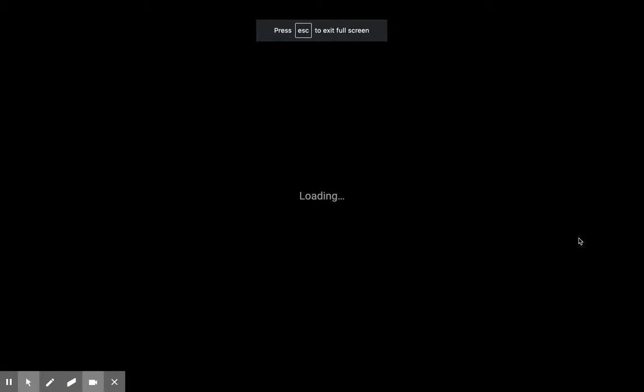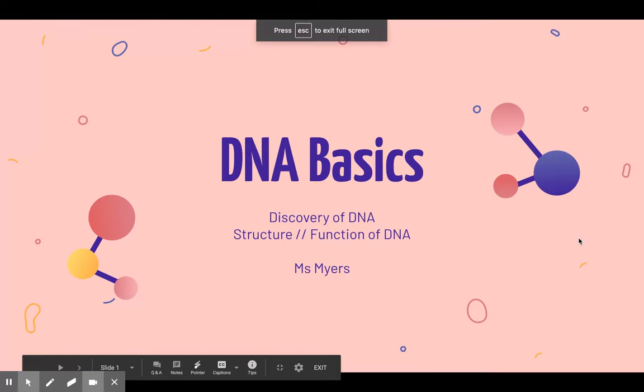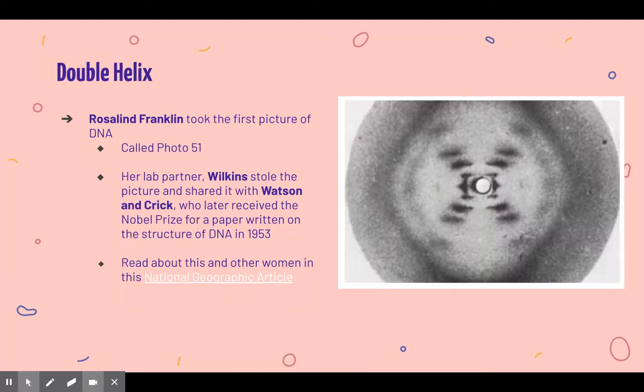So we are going to be talking about the discovery of DNA as well as the structure and the function of DNA. So the first thing that I want to talk about is the structure, okay? DNA is a double helix, okay? And you guys created a 3D model of this double helix in engineering. So I think it would be cool for you guys to hear a little story about the background information on